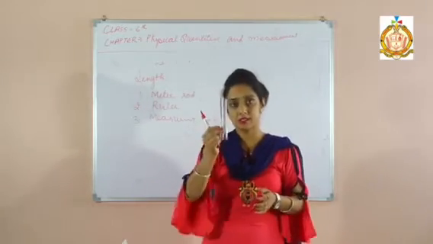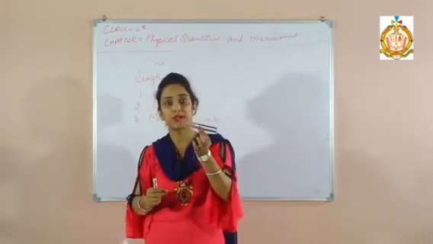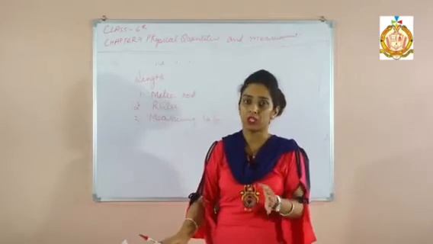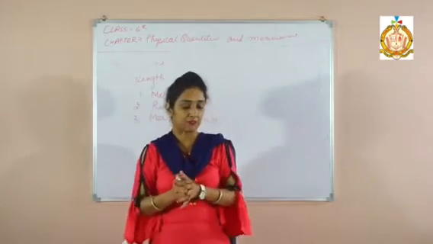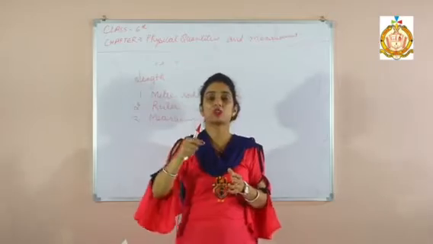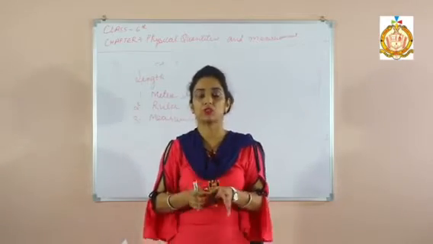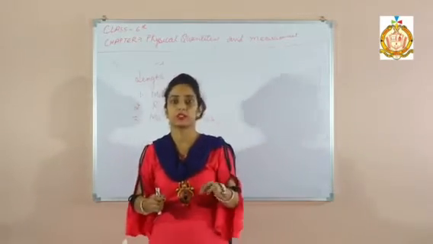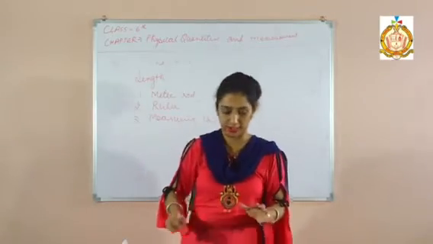A ruler is a scale. It can be used by students or any other person to measure the length of a thing. And after that, the measuring tape. It is also called the inch tape. We can use it to measure cloth. Most probably this object is used by the tailor, right?